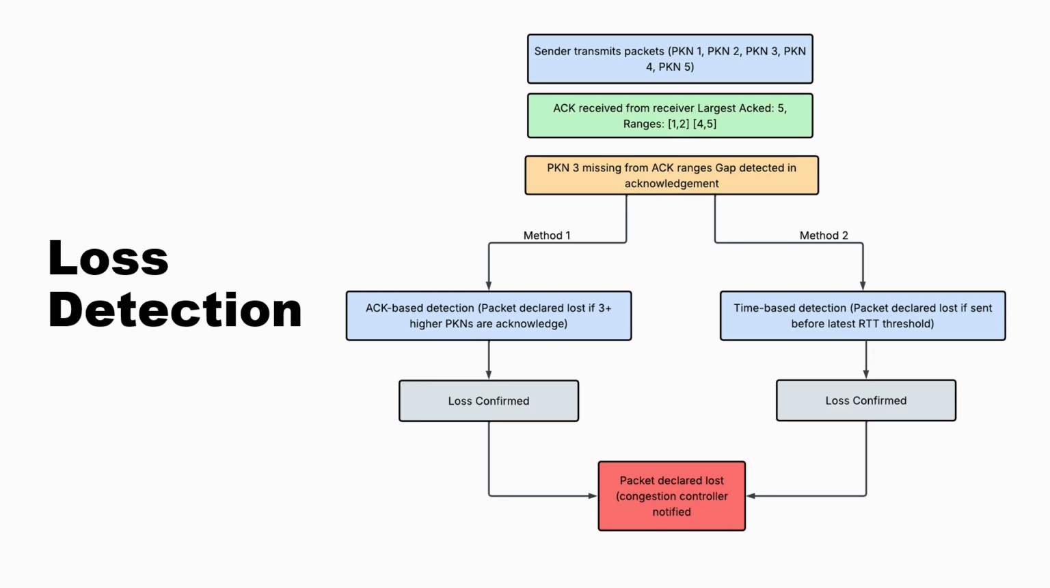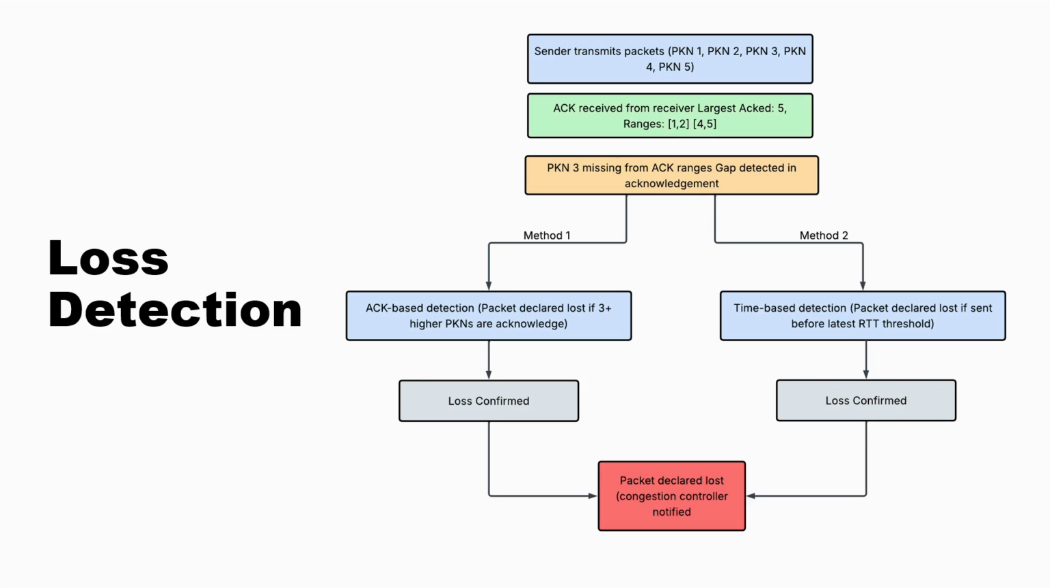In acknowledgement-based detection, the sender tracks which packets have been acknowledged by the receiver. If a packet is not acknowledged, but packets with higher packet numbers are acknowledged, the sender can infer that the earlier packet has been lost, and this allows QUIC to detect the packet loss without waiting for long